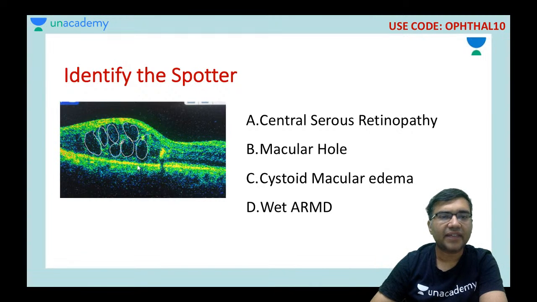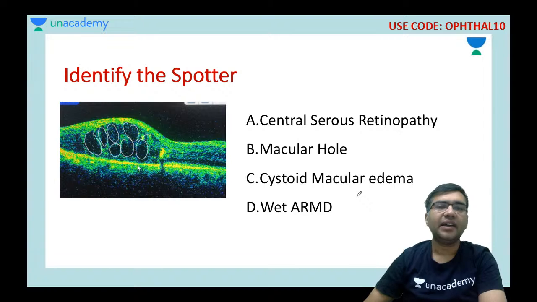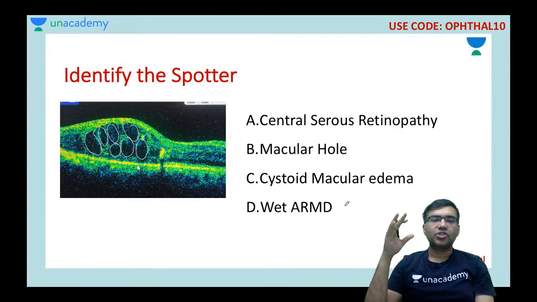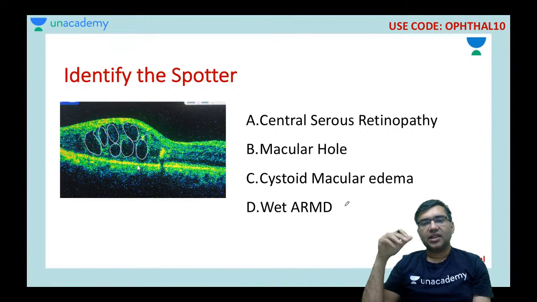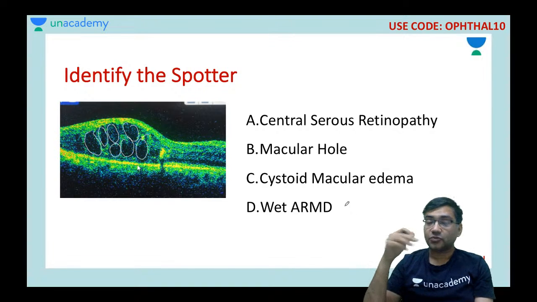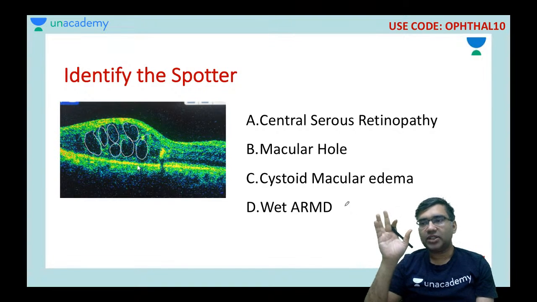Okay, so we are having these cystic spaces in the retina, and these cystic spaces in the retina are basically called cystoid macular edema. This cystoid macular edema is very common in a variety of ophthalmic disorders. Okay, very important is you understand that cystoid macular edema, these cystic spaces, are at the level of the inner